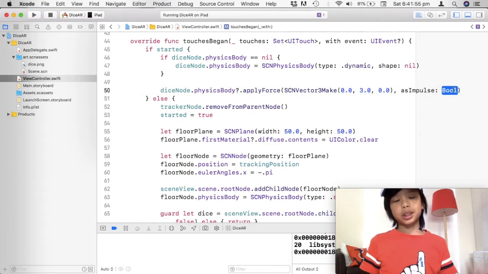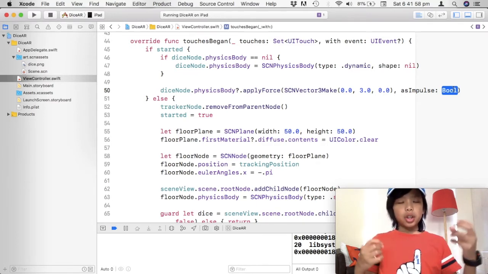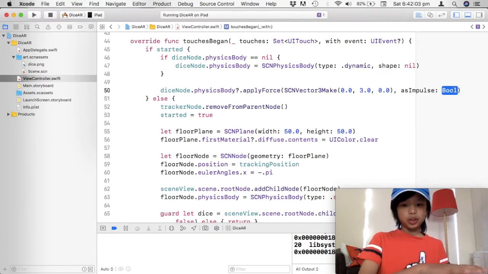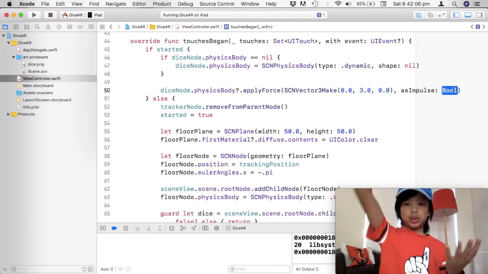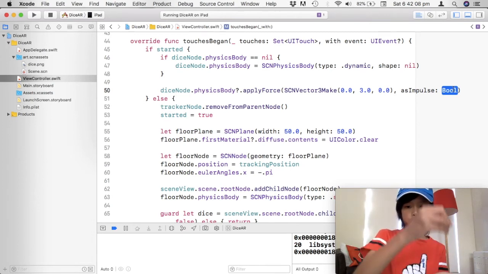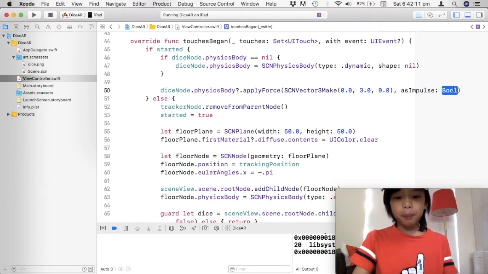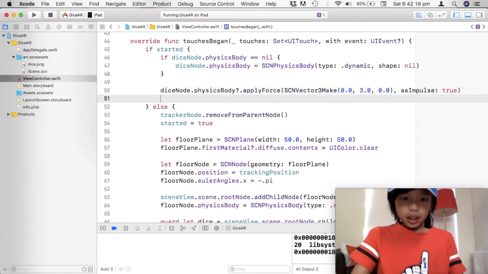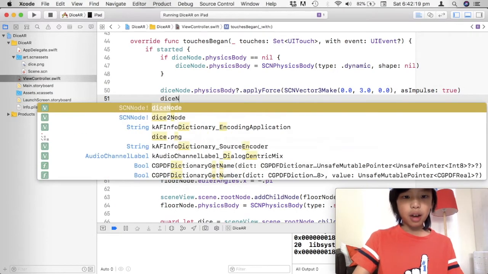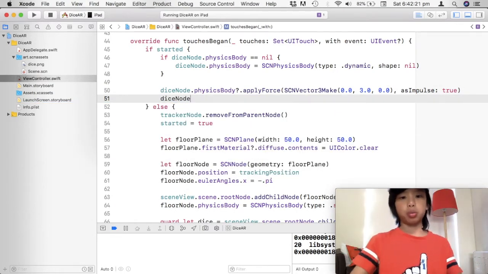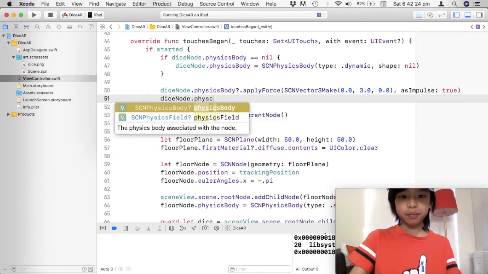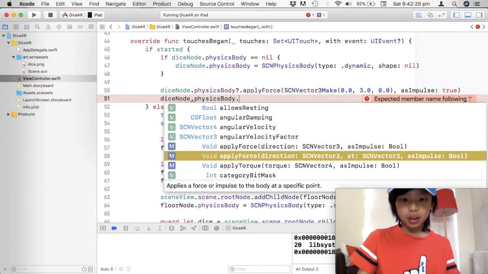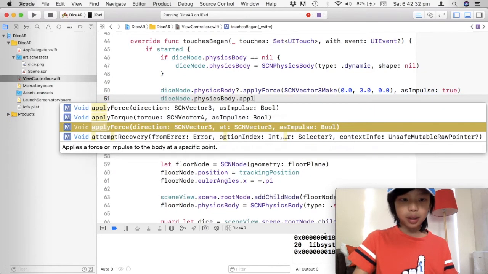If it's an impulse, we're just going to make it yes. So if it's an impulse, the force will be applied instantly. But if you set it to false, it'll go like a rocket. And so we're just going to make it an impulse. So go. And so now we should also make it rotate so it can roll like a normal dice. And so now we're going to apply torque,